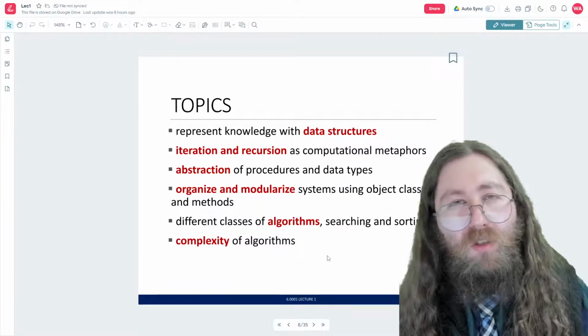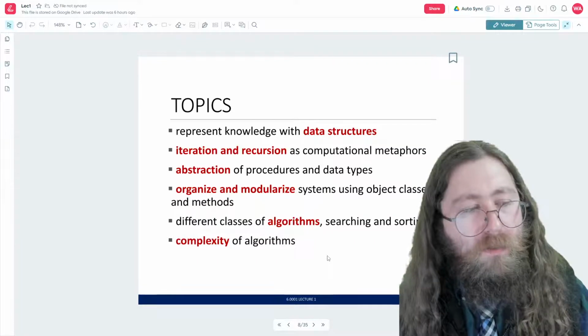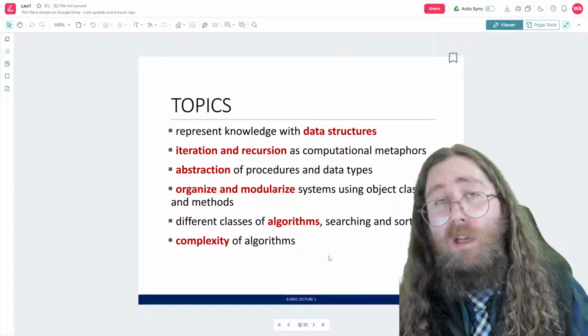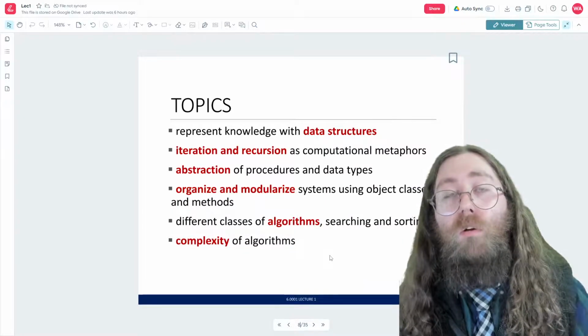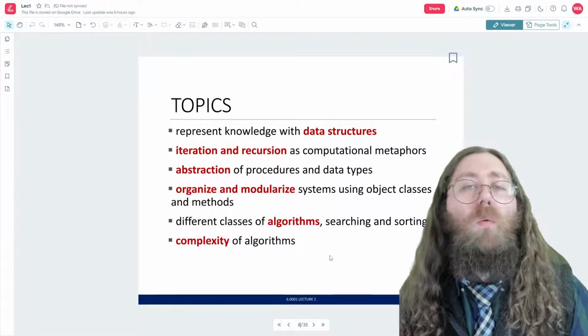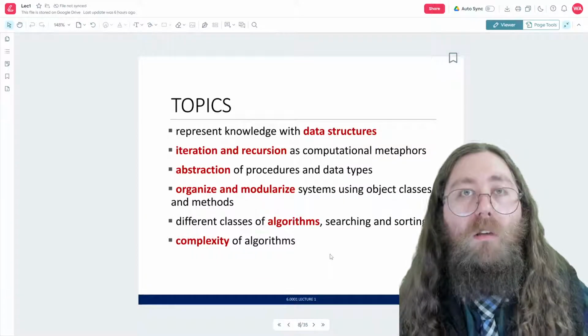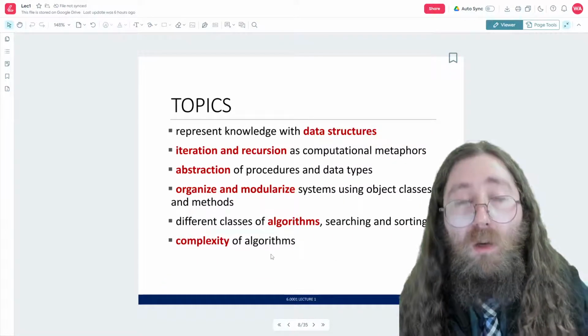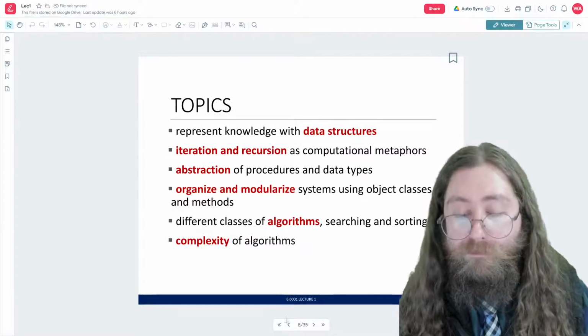There are different ways of describing complexity of algorithms, and basically you need to know about the complexity of your algorithm so that you don't end up using way too much memory when you go to compute something very large, right? So knowing the complexity of what you're doing is essential.